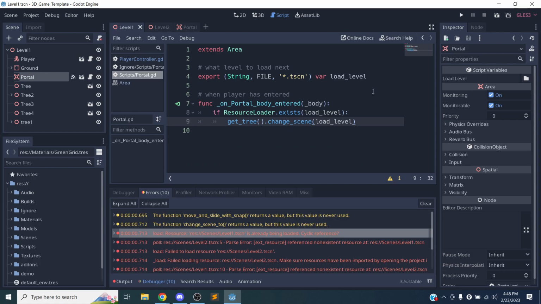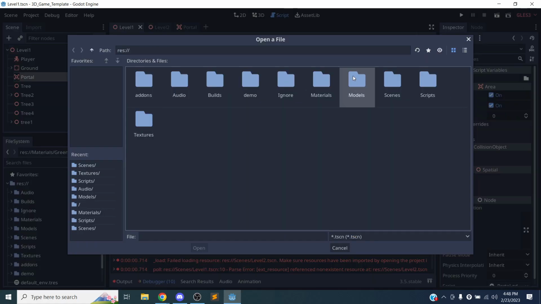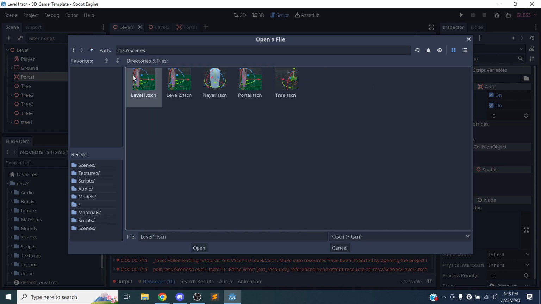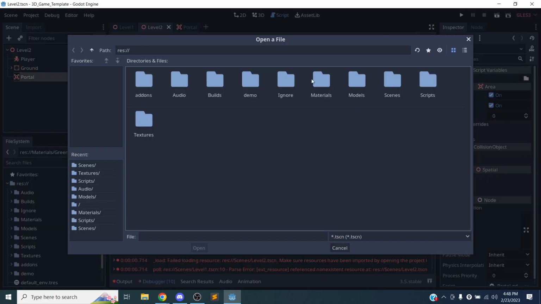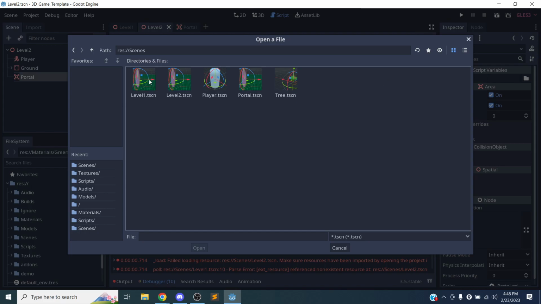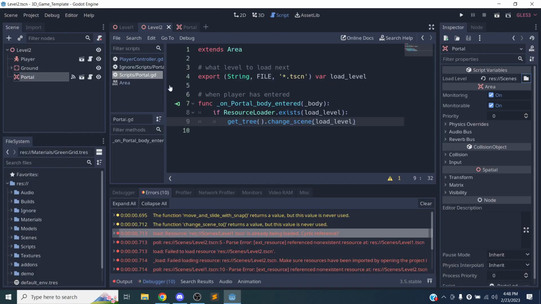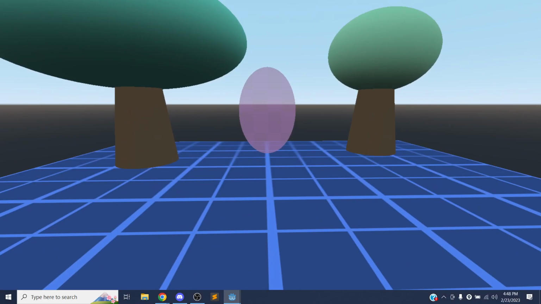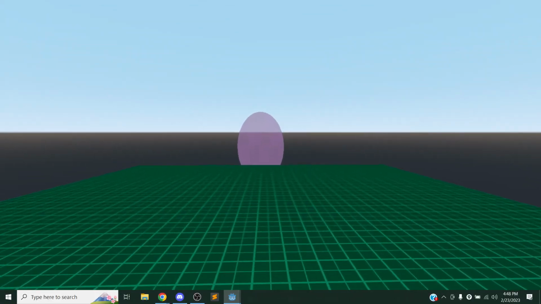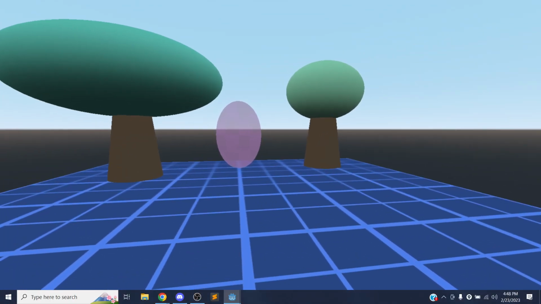Okay, so now let's just reset those values. So we're going to load the level. So level 1 will load level 2, and level 2 will load level 1. Okay. All right, now this will finally work probably. Okay, there we go. Now I can just run back and forth between my two levels,